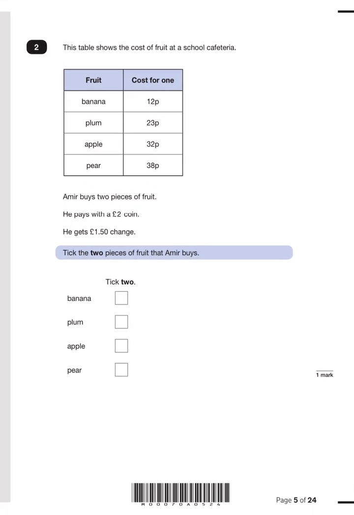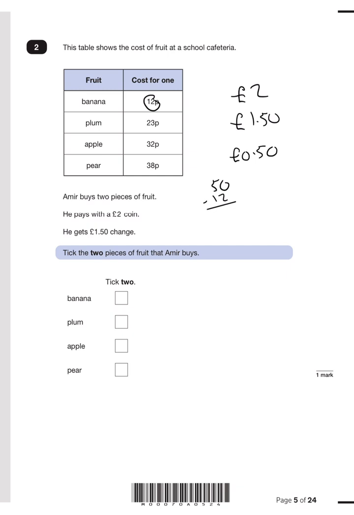Number 2. This table shows the cost of fruits at a school cafeteria. Amir buys 2 pieces of fruit, he pays with a £2 coin, and he gets £1.50 change. So he's actually paid the difference, 50p. Take the 2 pieces of fruits that Amir buys. So if you were to buy a banana, 12p, we do 50 minus 12,